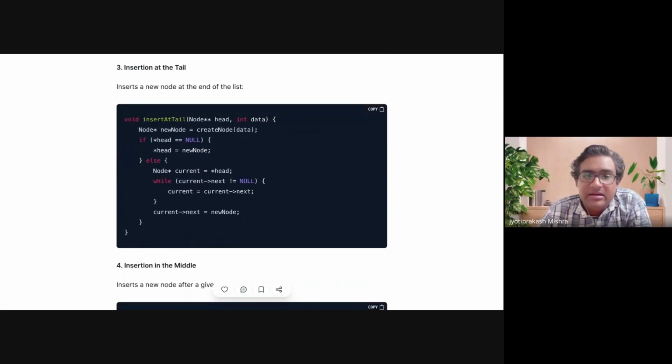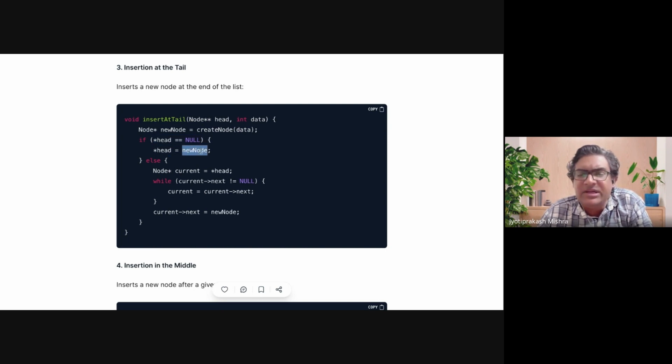इंसर्शन एट द टेल, चलो टेल में इंसर्ट करना है तो हमको नोड का हमने जो हेड का एड्रेस यहाँ पे लिया हुआ है, डेटा लिया, ठीक। पहले तो नोड बनाना है, इंसर्ट करना है तो नोड बनाना है। चलो अगर ये लिस्ट पूरा एम्प्टी है उसका मतलब क्या है, ये नल हो गया, ठीक है। हमारा जो हेड है उसका जो वैल्यू है उसके अंदर कोई वैल्यू है ही नहीं, मतलब वो नल को पॉइंट करना है, मतलब ये लिंक लिस्ट एम्प्टी है, इसके अंदर कुछ भी नहीं है। तो आपको क्या करना है,